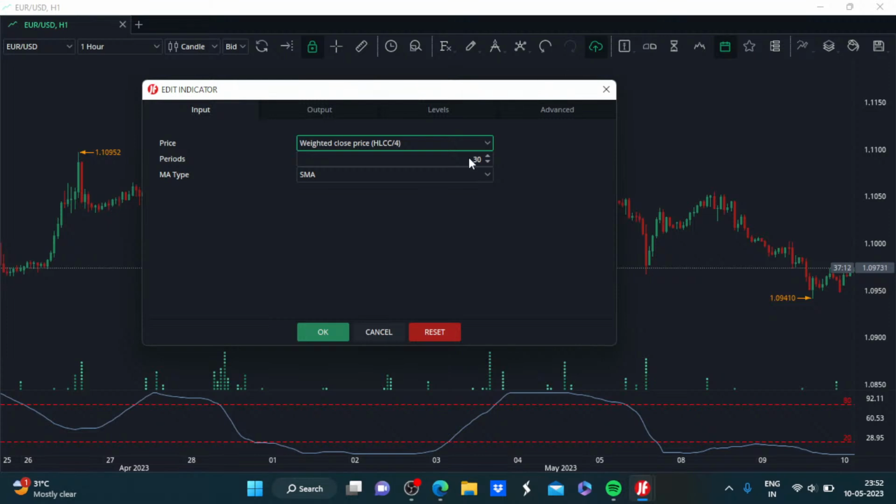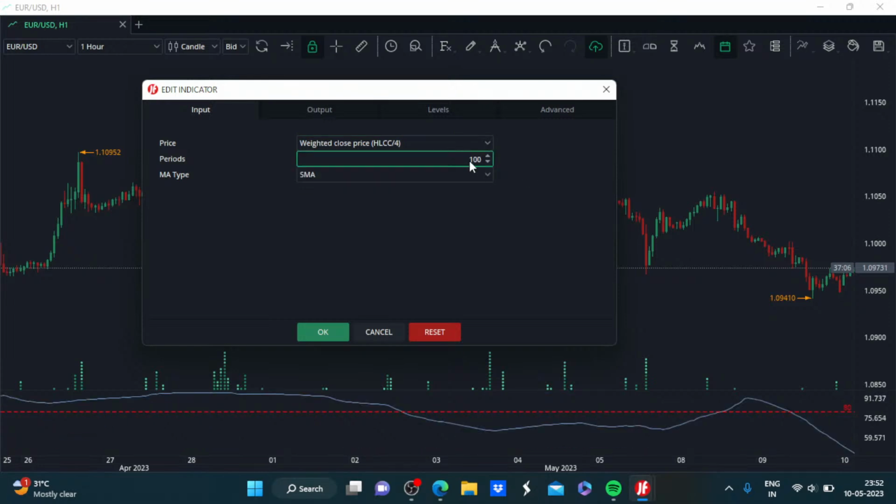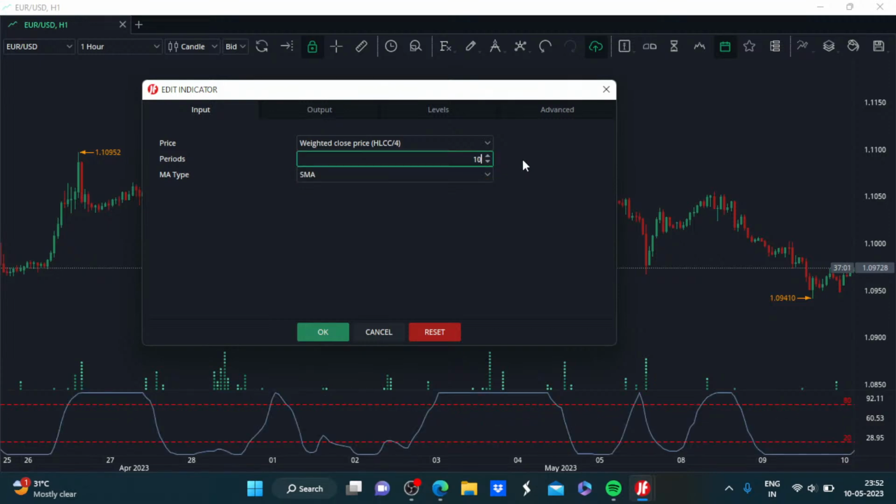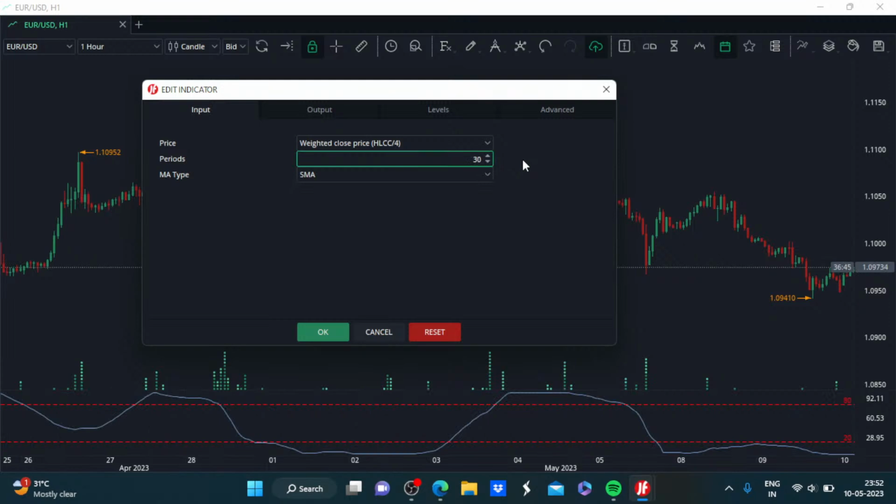Now, if you go for a higher calculation period, of course, the smoothing is going to be higher, but the responsiveness is going to be less. If I reduce its calculation period to 10, which is quite low, we will see that the responsiveness is going to be a lot higher, but it will not be that reliable. So, this is also one factor to consider, and you will have to carry out observations over a long period of time on these charts